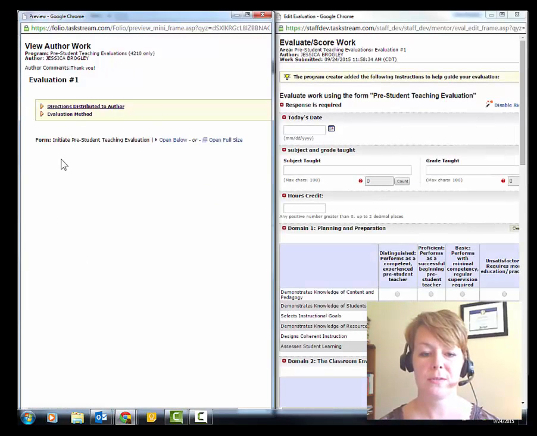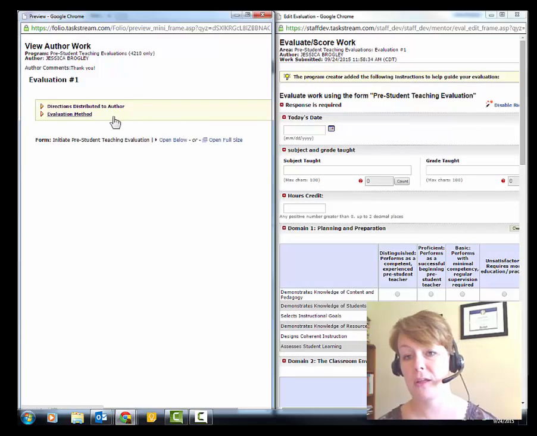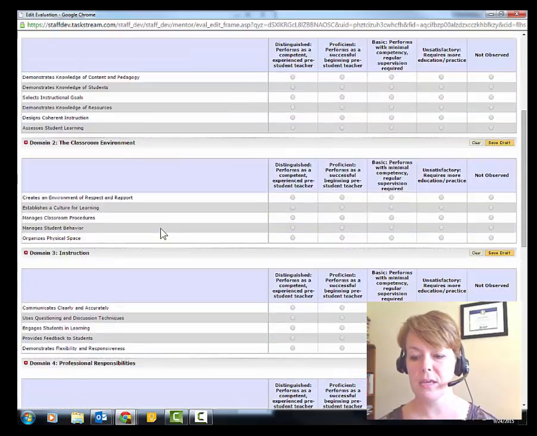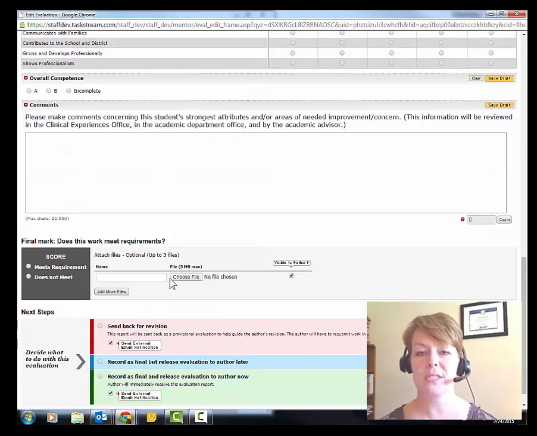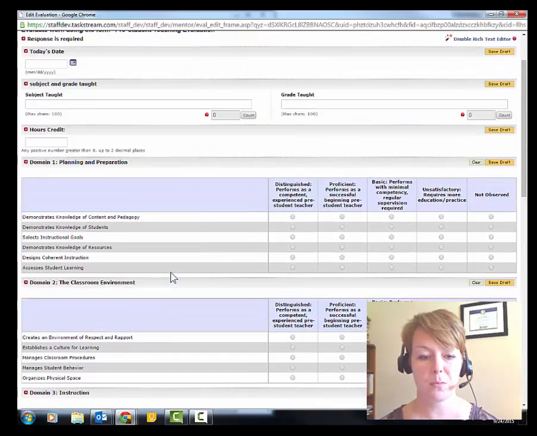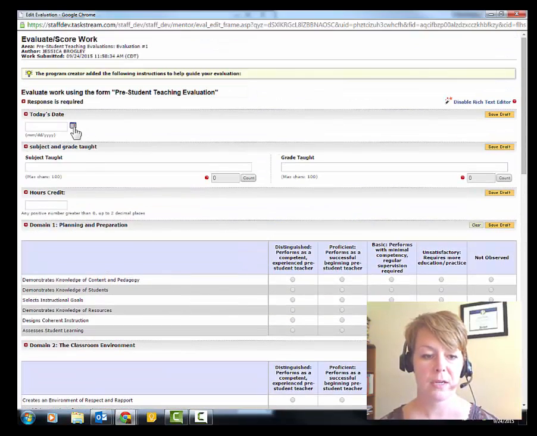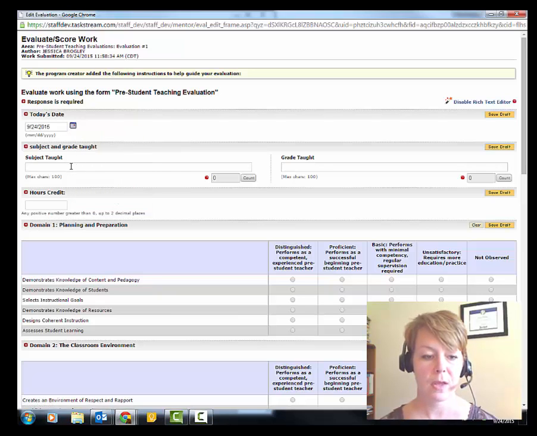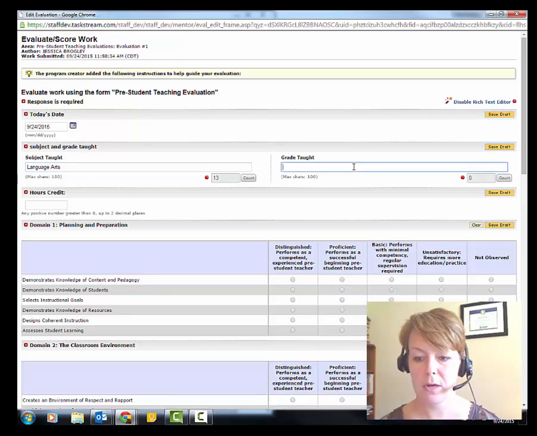One for the directions, and frankly, right now there's nothing written here, so you can kind of ignore that. And this one, the actual evaluation. So I'm just going to go ahead and expand that. So this is the pre-student teaching form. It looks just like the paper copy with a few more things included. So first of all, you'll pick today's date and the subject taught, the grade taught,